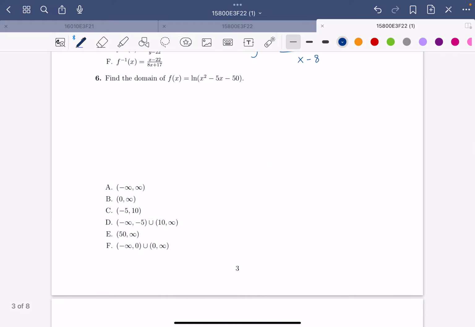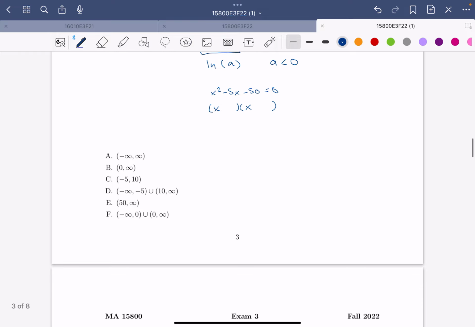Number 6. Find the domain of the function ln of x squared minus 5x minus 50. So with natural logs, whatever is inside this natural log cannot be less than or equal to 0. So basically we want to set whatever this is equal to 0 to find the boundary of the domain. So x squared minus 5x minus 50 equals 0. So if we factor,